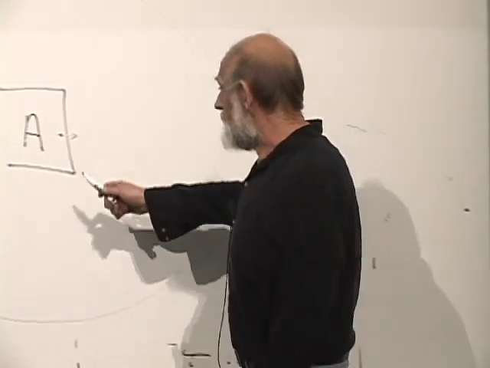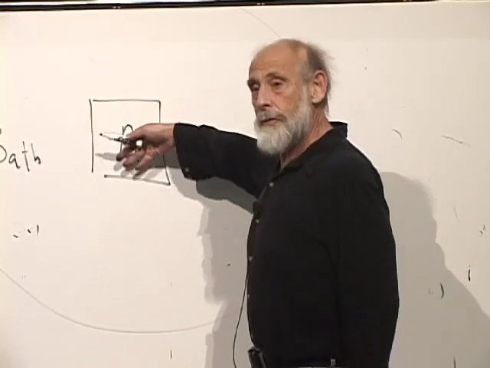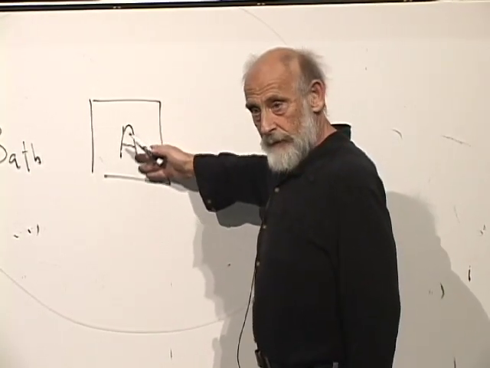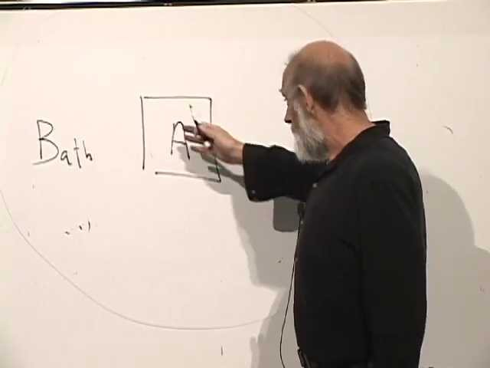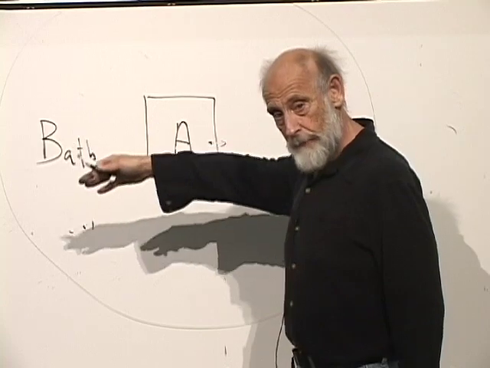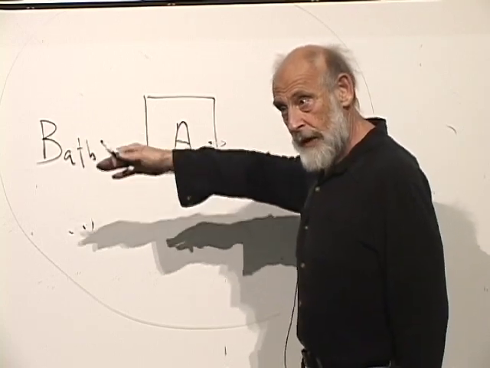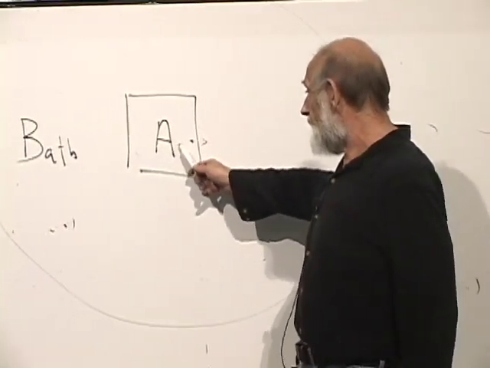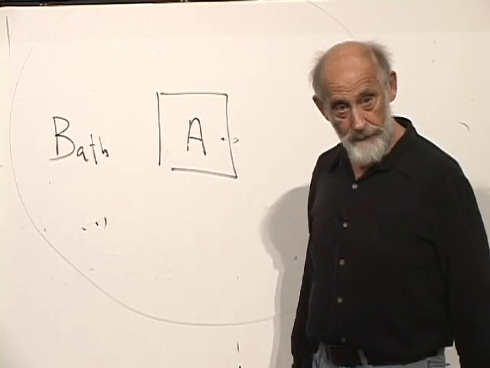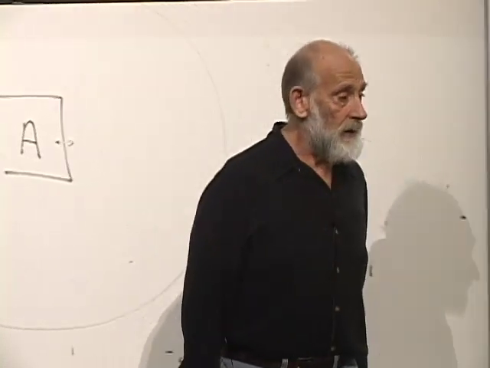If you wait long enough, there's some time scale. Of course, if you start the system in some arbitrary way, it won't be in thermal equilibrium. But if you wait a long time until it equilibrates and energy is hopping back and forth between them, in a long time average sense, there will be a probability for the energy of A. Okay?